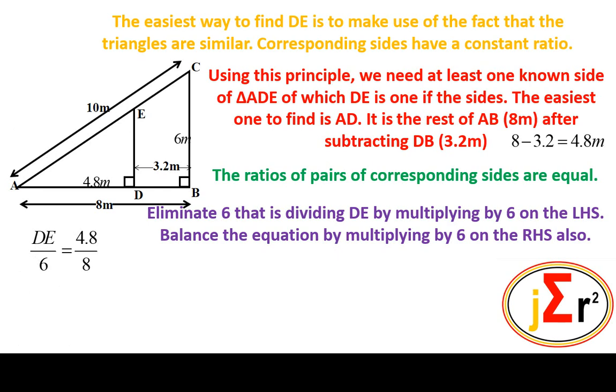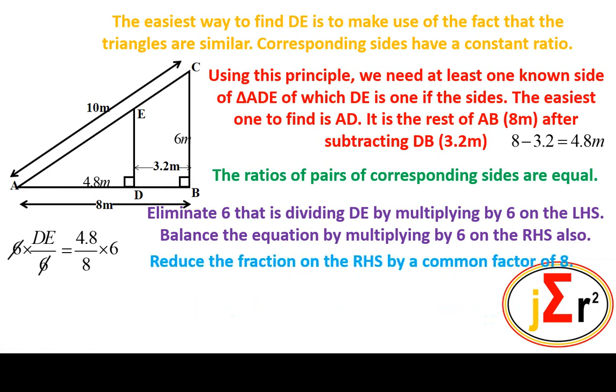And we cannot do anything to one side of an equation in order to change its value without changing the value of the other side in the same way. We therefore need to multiply by 6 on both sides. On the left hand side, to eliminate this 6. On the right hand side, to keep the equation balanced. Those 6 are eliminated, and we will reduce the fraction on the right hand side by a common factor of 8. 8 into 8 is 1, and 8 into 4.8 is 0.6. 0.6 times 6 will give us